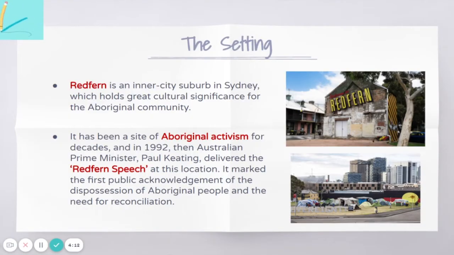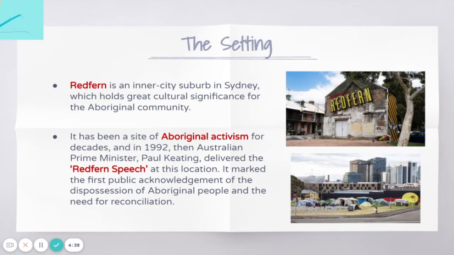So the episode Stand Up is set in the inner city suburb in Sydney called Redfern. And Redfern's a really important suburb and community because it holds a lot of significance for the Aboriginal people. We're going to talk a little bit about Redfern and the significance of the setting in a later video, but essentially